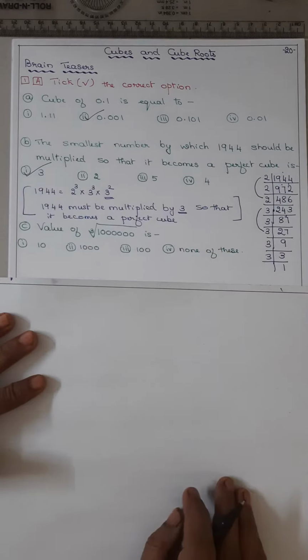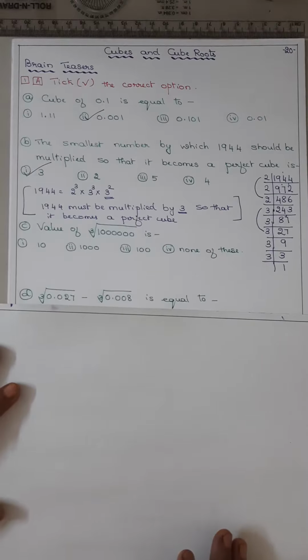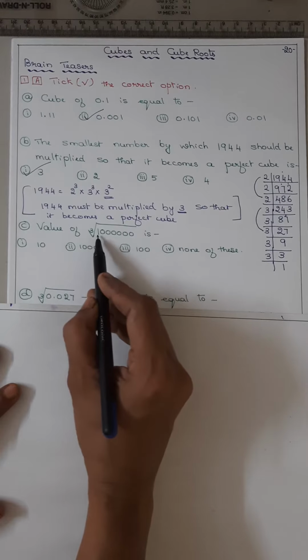Answer is the first option. Now coming to the question number C, the value of cube root of 1 and how